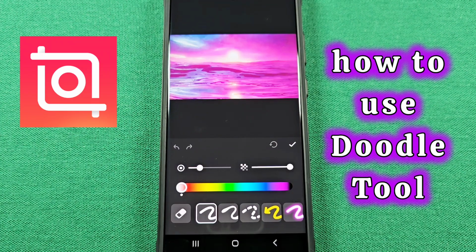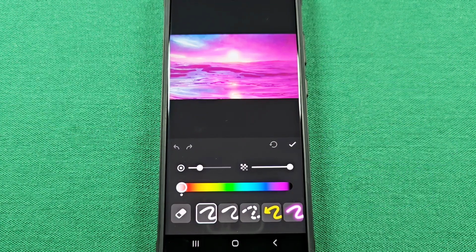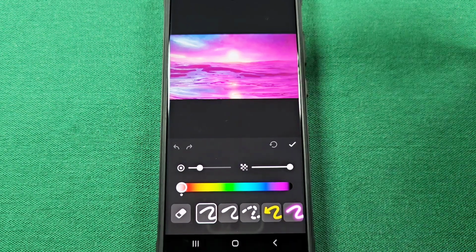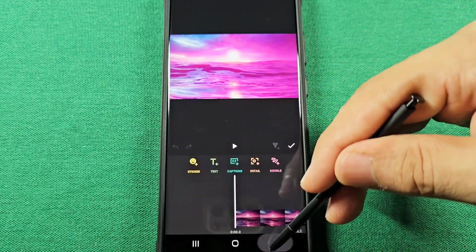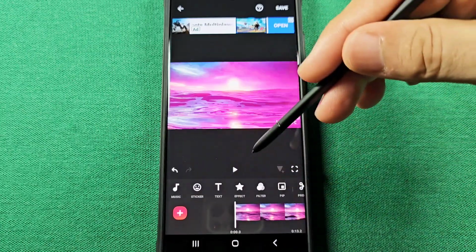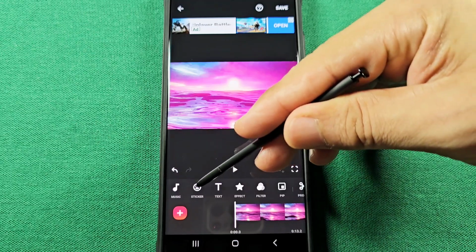How to go about using the doodle tool on the InShot editor app. This was a new feature, recently introduced, so make sure you have the latest update for this feature. As part of the beginner's guide, I'll show you how to get here. Let's just say you're in this view here, you want to go to the sticker section right here,